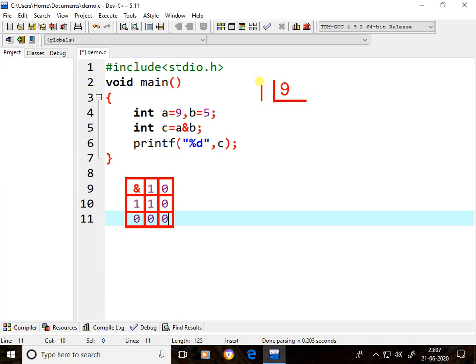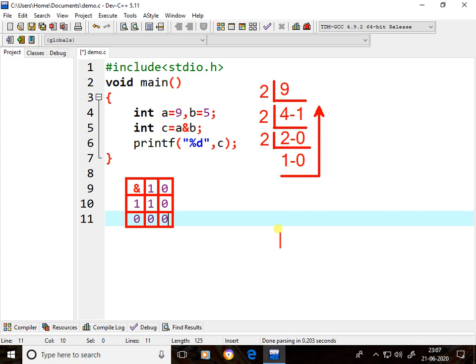So with 2: 2 4s are 8, remainder 1. 2 2s are 4, remainder 0. 2 1s are 2, remainder 0. 9 in binary format is 1 0 0 1.